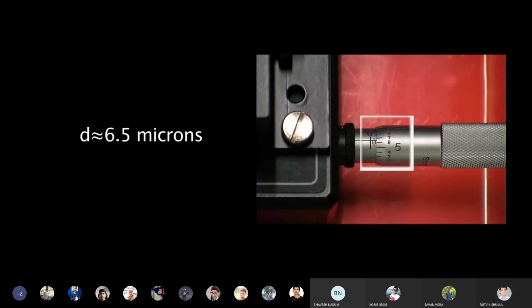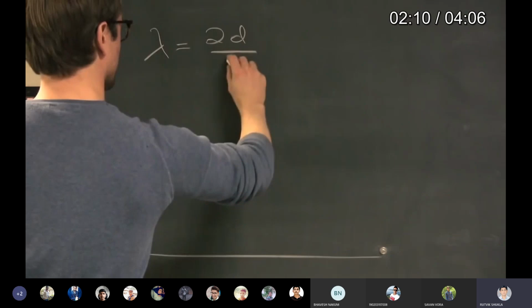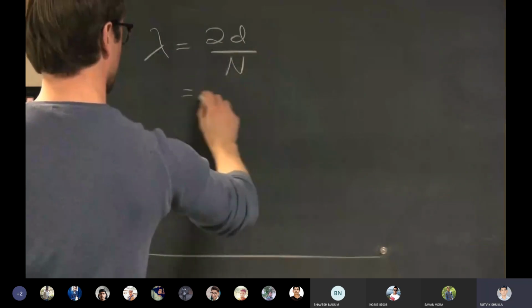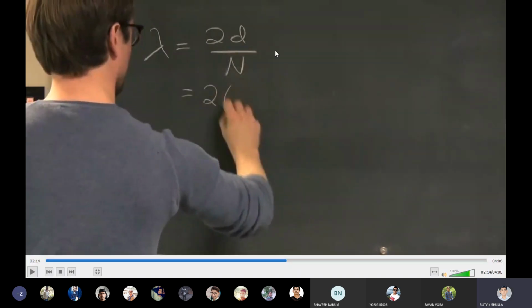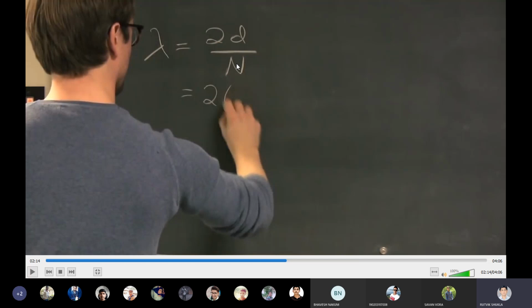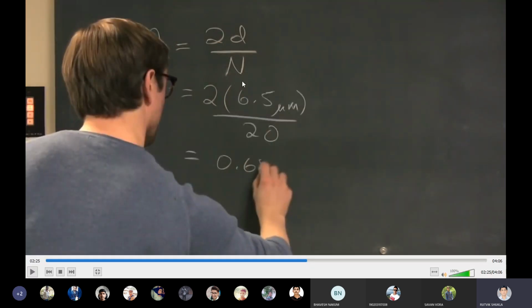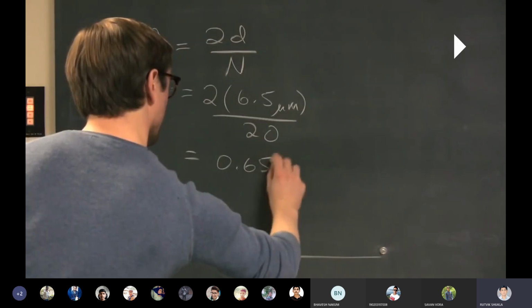Clear? Here displacement is known. The only difference is that the displacement is known, and from the displacement they find the wavelength. This is the relation: lambda is equal to 2d by n. N is the number of cycles, lambda is the wavelength, and d is displacement. So in our case, lambda is known, and n is the number of cycles we count, say 20. So from n and the known value of lambda, you can find d. In that case it is slightly different: d of 6.5 micrometer is obtained, and from that they find lambda. That is the only difference.